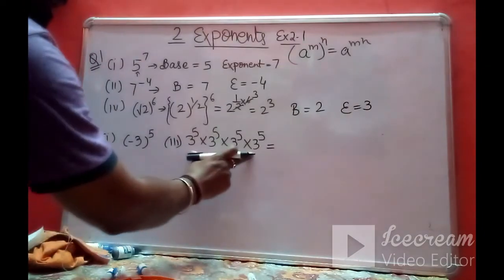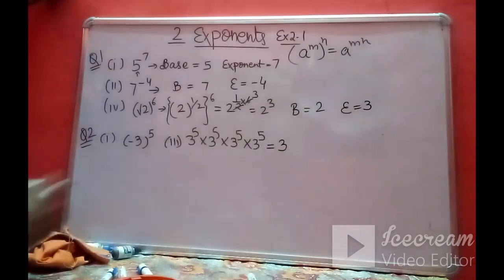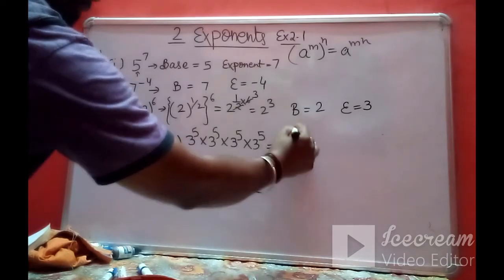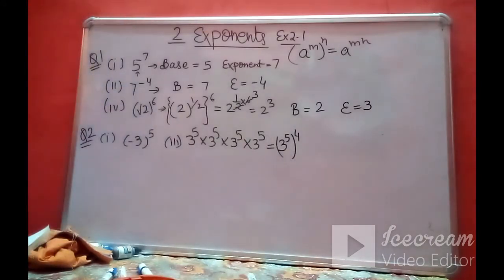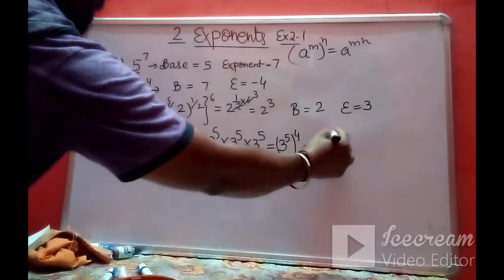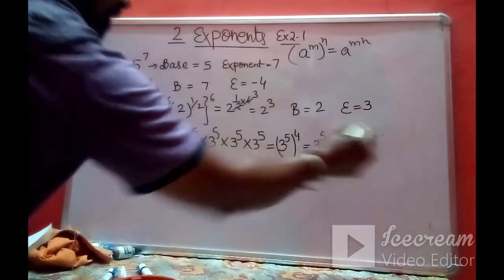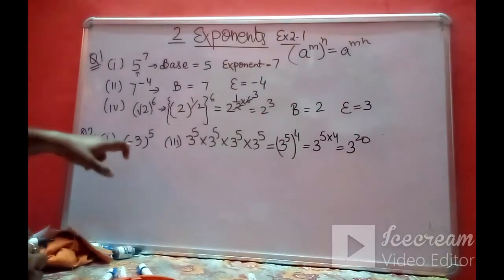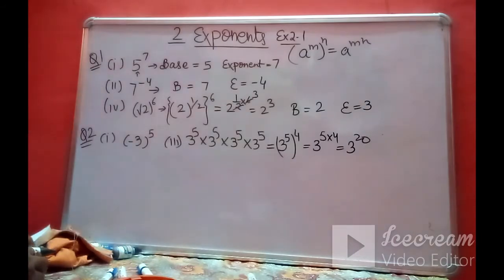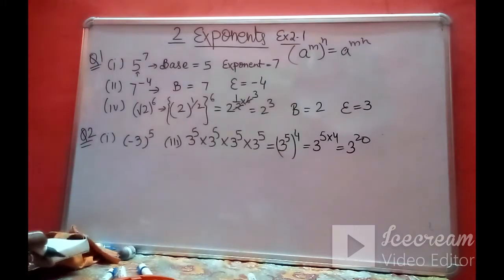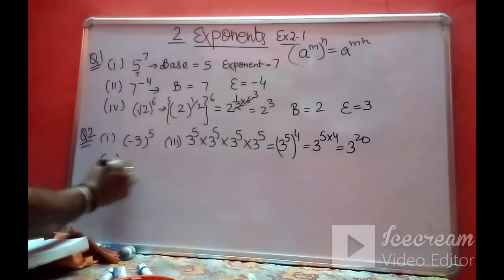Now just see, this is 3, and if you see very carefully, 3 to the power 5 is actually written 4 times. So this we will take as 3 to the power 5 to the power 4. Now again we will use this law, that is 3 to the power 5 into 4. So actually our answer is 3 to the power 20. Again, it is very important that the quantity in the bracket should be a real number, free of powers. So in this manner you can solve the questions, even if it is written in terms of fractions also.